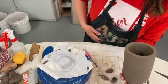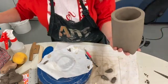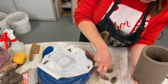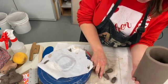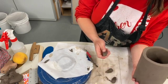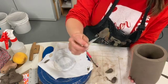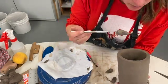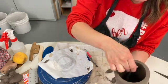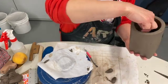If you have a hard time, especially if you have big hands, it might be hard to reach down in there. So you could use your pin tool. So I can put one of these on my pin tool like this. And then I can guide it down into the foot. And then I'm just gonna kind of swirl it around, twist my pin tool around until,